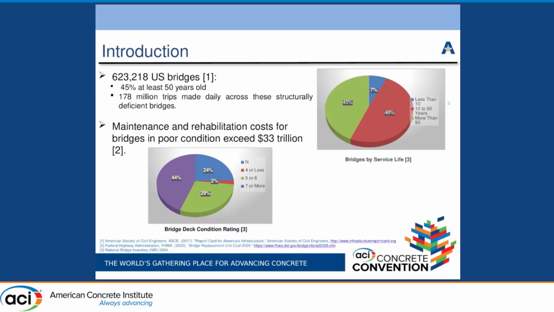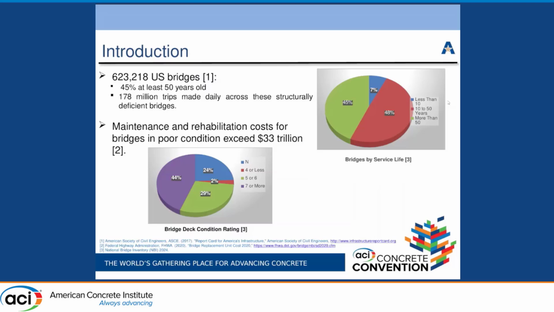Currently, the United States has over 600,000 bridges. Of these bridges, 45% are at least 50 years of age, 48% are between the ages of 10 to 50 years, and 7% are less than 10 years. Of these bridges, 175 million trips are made daily across structurally deficient bridges. The Federal Highway Administration estimated that the maintenance and rehabilitation costs for these bridges in poor condition exceed $3